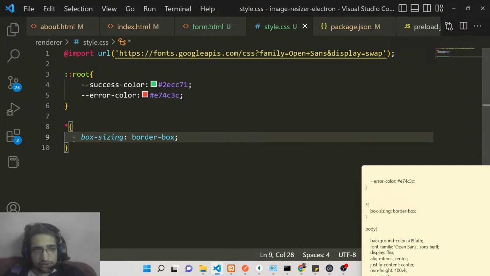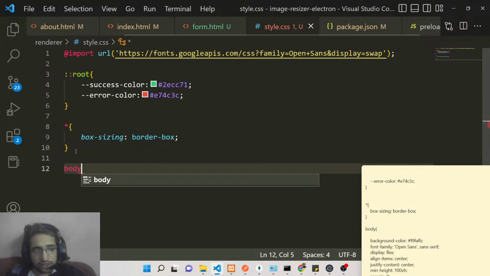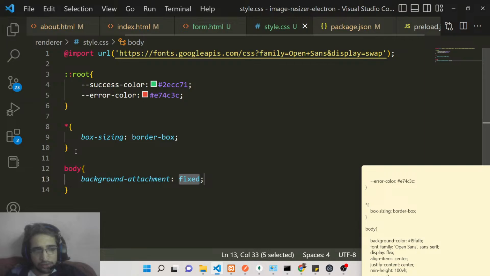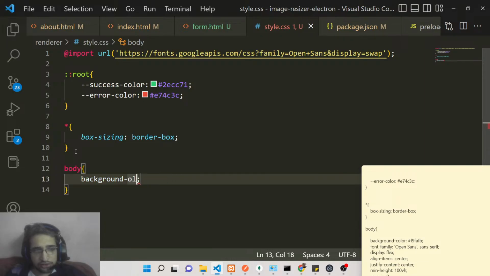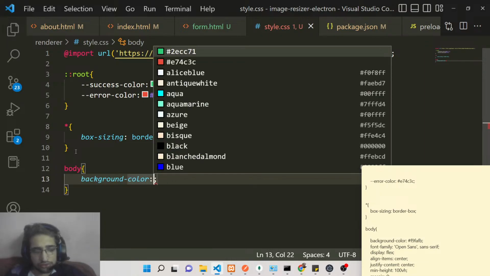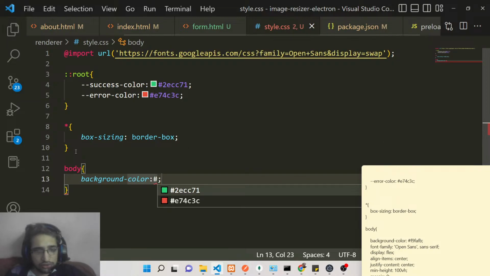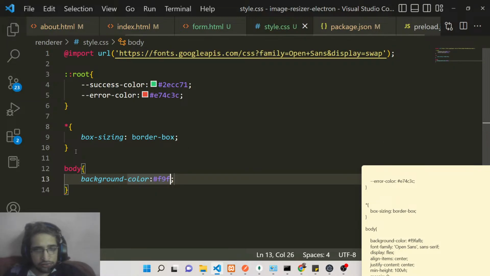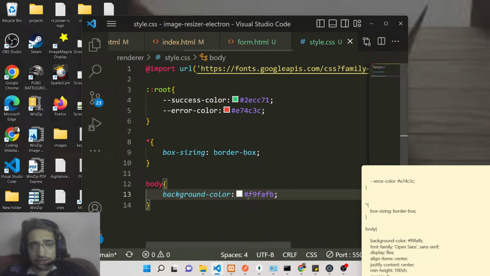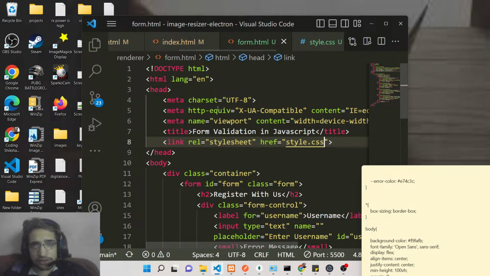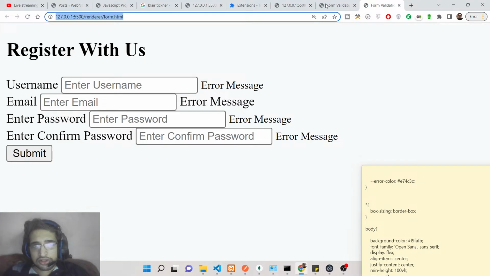So after this, guys, we will target the body. We will change the background color to this color, which is equal to F9FAFB. This is a color. Let me make it side by side, guys. You can clearly see what is happening. So let me open this with live server. You will now see, basically, if I refresh it now,